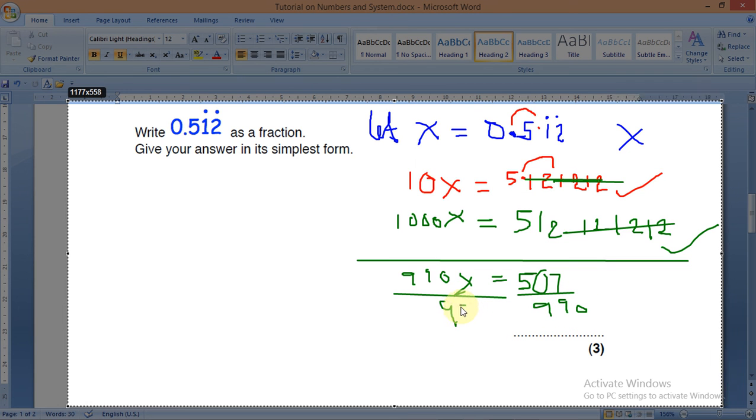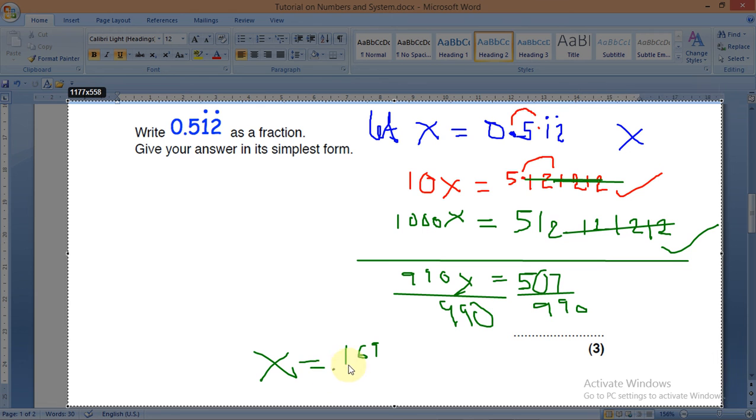507 divided by 990. So guys, go ahead and plug that into your calculator and see. Let me see if I can reduce that to lowest term anyway. 507 divided by 3, sorry, I said take away. So that is 169. Sorry guys, 169. So that is 169 divided by 330. So I just reduce it to lowest term. So the answer is